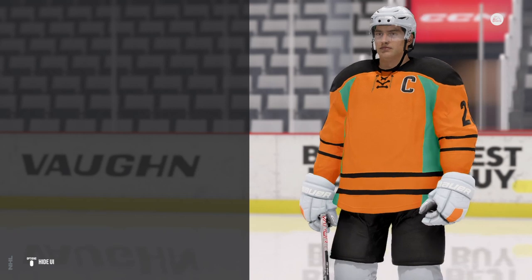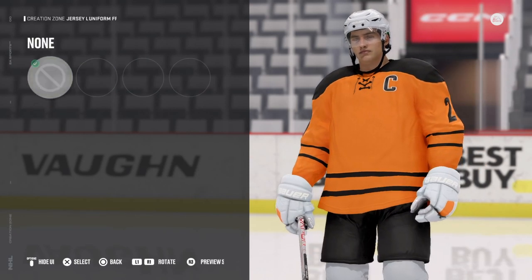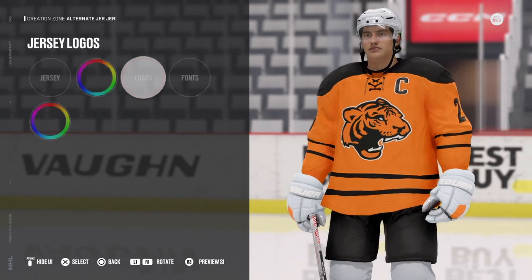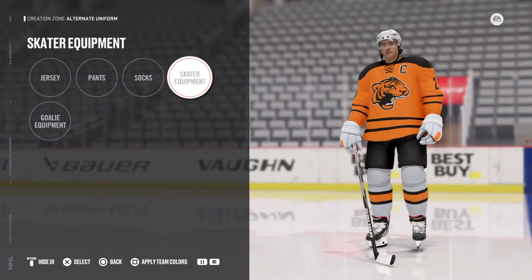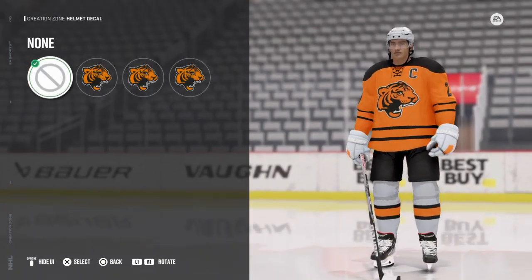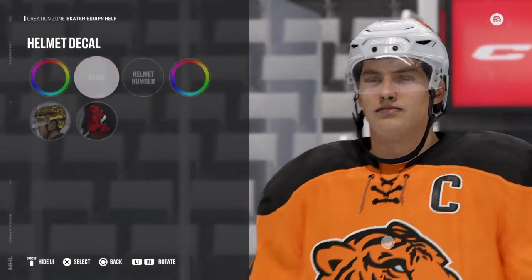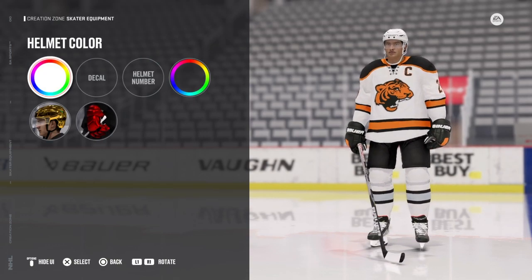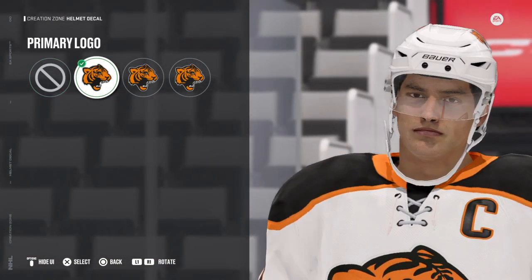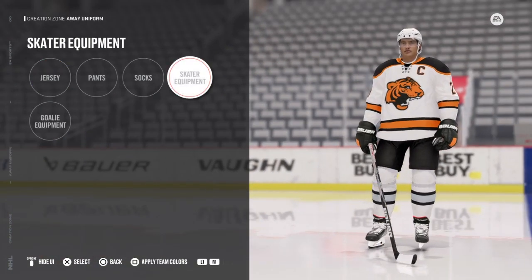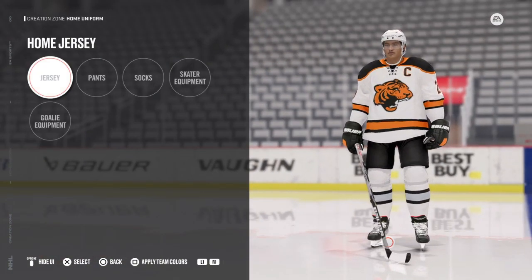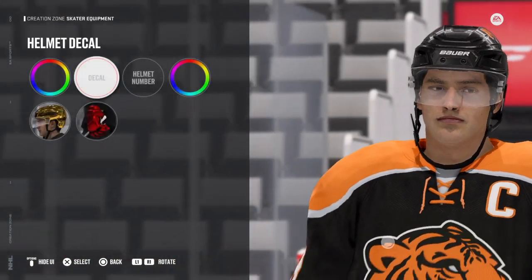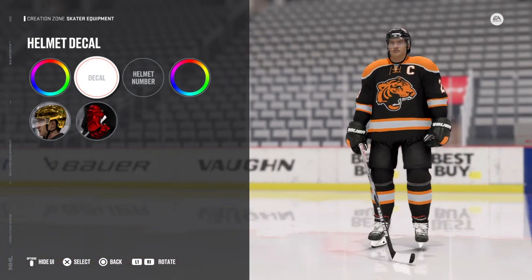Now the logo is what you're going to change, and that's it. The only other thing you're going to change is the decal on the helmet. I'll put a decal on every helmet that is out there. So on the